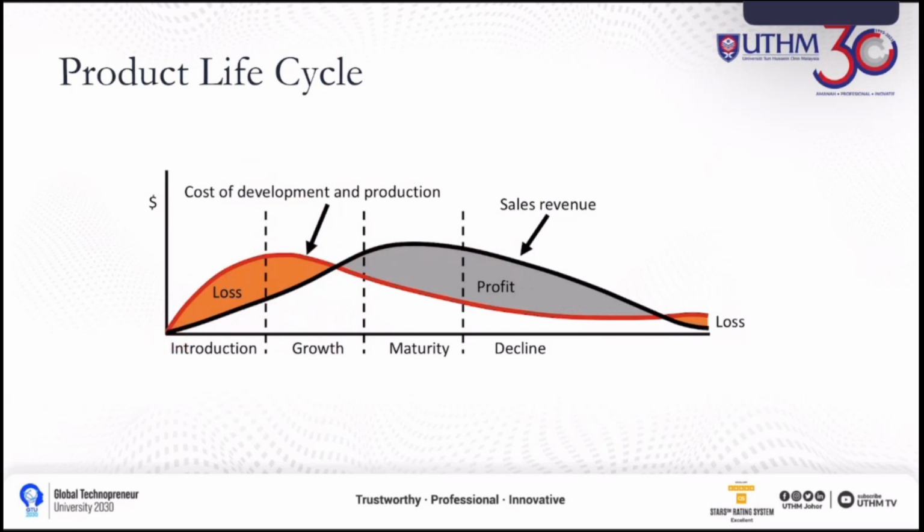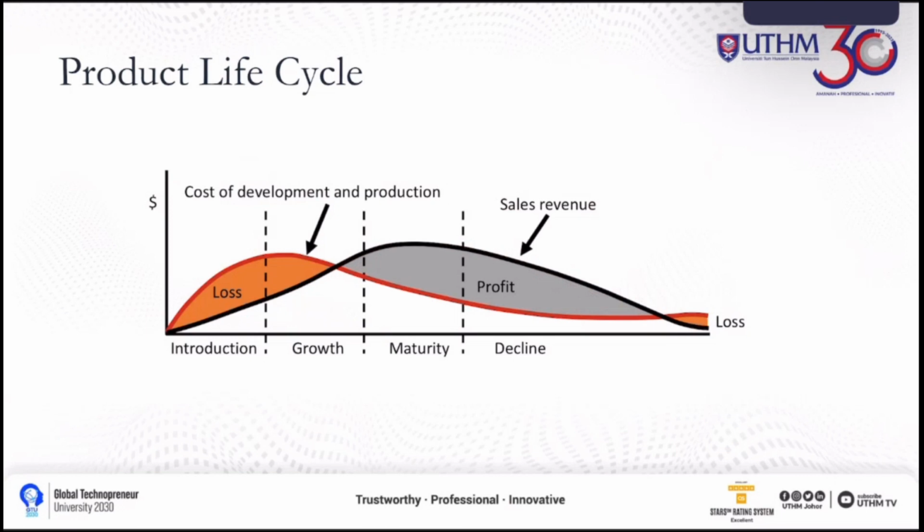So you don't have any customer yet. So the customer growth goes along with the product life cycle. Okay, and then you can see that at some point of the growth phase, they have a break even, which is your total cost is the same as your total revenue, which is you don't have any profit, you don't have any loss here. Okay, and then some point of maturity until decline.